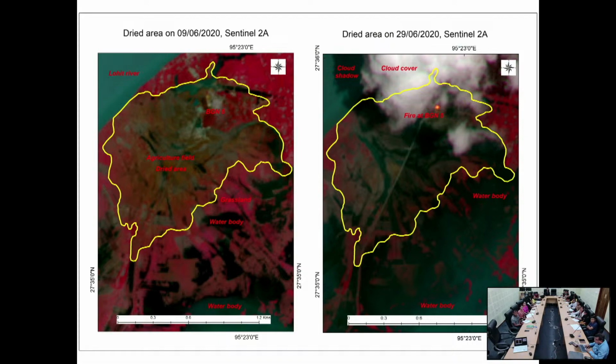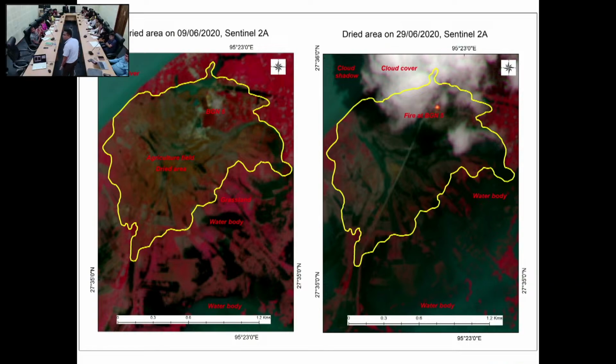यहाँ Bagjan 5 is the location of the oil well, and the date is 9/6/2020, and this one is 29/6/2020. So, before fire, this is during fire, जो भी condensate oils निकला था और गैस उसमें आग लग गया था. Okay. उसके बाद